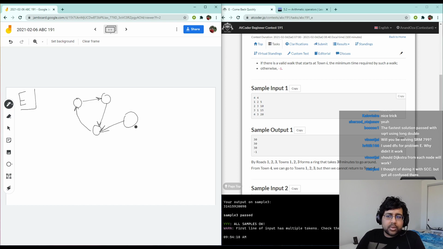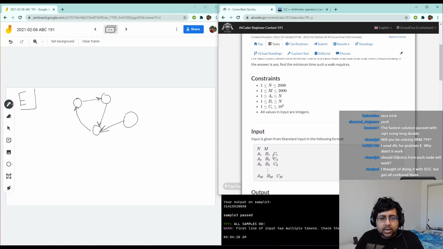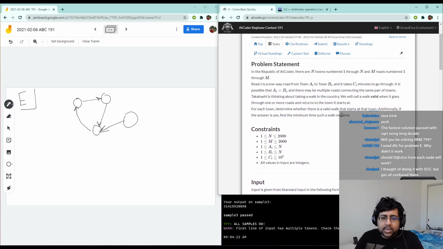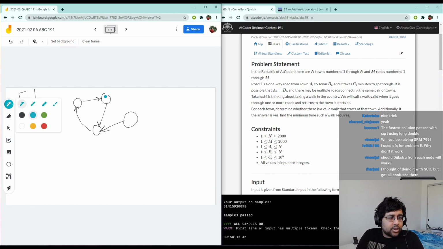Okay, so what we want to do here is find the shortest walk that starts at a town and then goes back to that same town. So let's say we're starting here. Then what I would do, like the Dijkstra idea, is to use Dijkstra to find the shortest path to every other vertex. And then for each other vertex, if it points back to the original, then set your answer to be